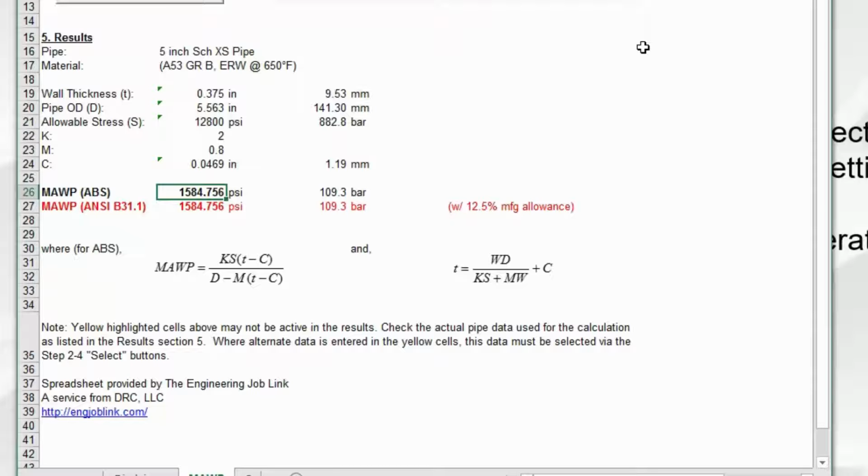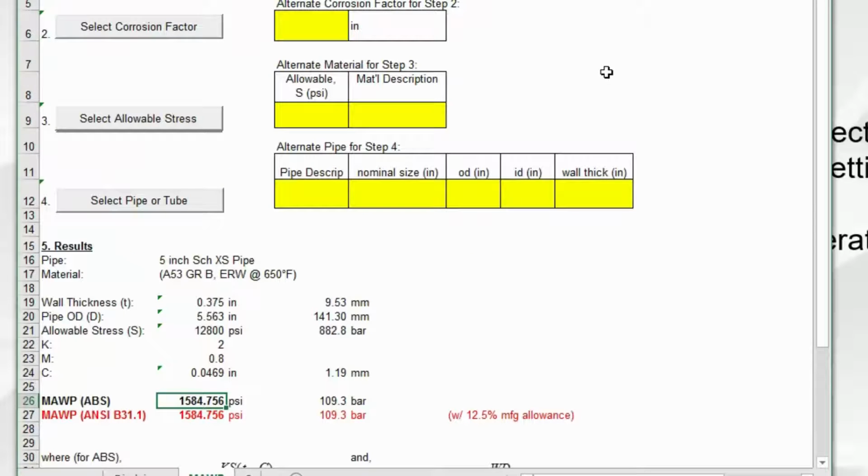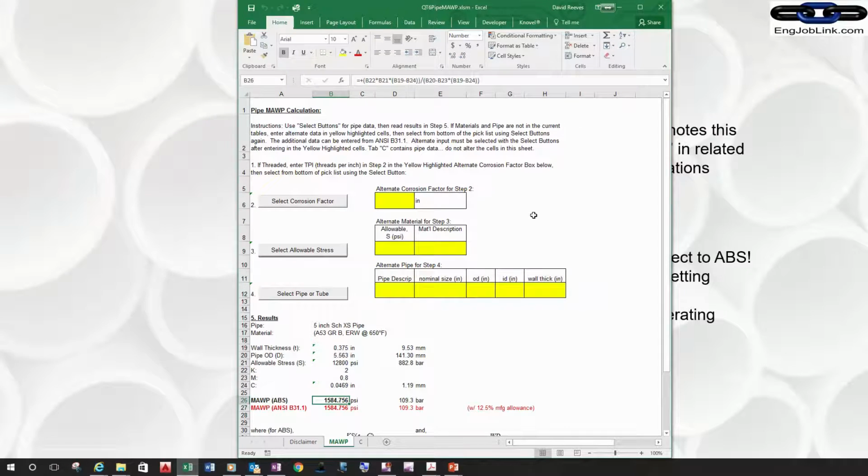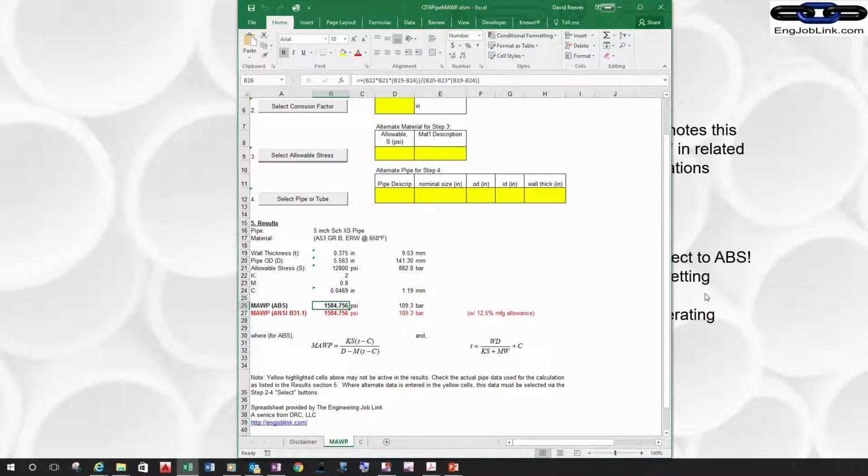And there you have it: the calculation for MAWP in an Excel spreadsheet, the XLSM version of Excel, because there are macros in here. You can download that at the Engineering Job Link, engjobLink.com.